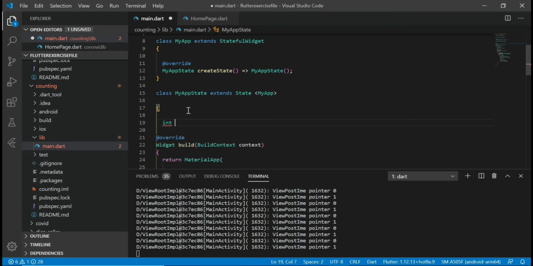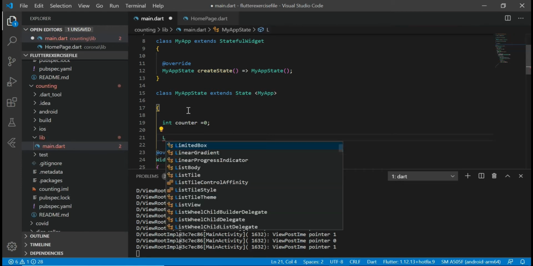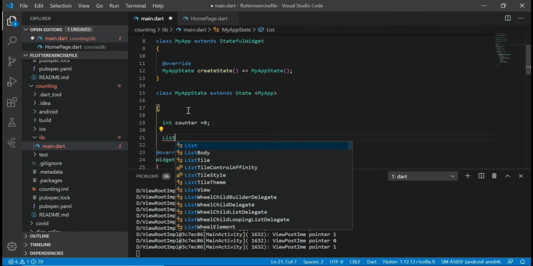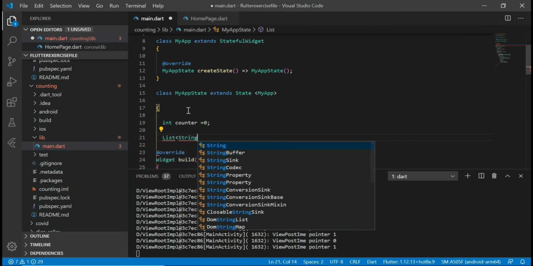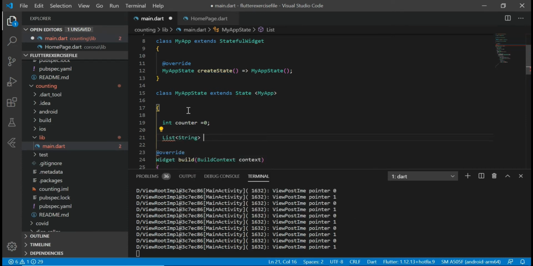I'm just creating here a counter function. When I tap on this button, counting from 1 to 10 will appear on the screen. So for this, we need to create our list of numbers. List is basically the same as an array, what you read in other languages, array in C++ or anything else. List is almost the same. Now this list is of string type like one, 2, this is.